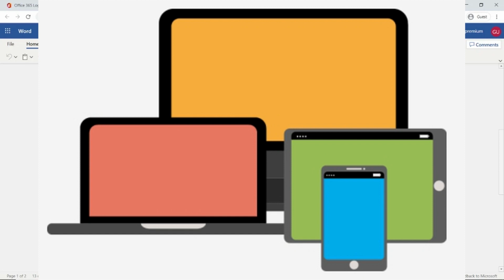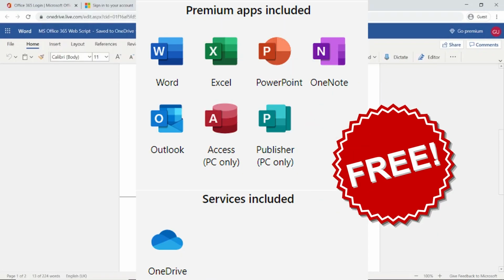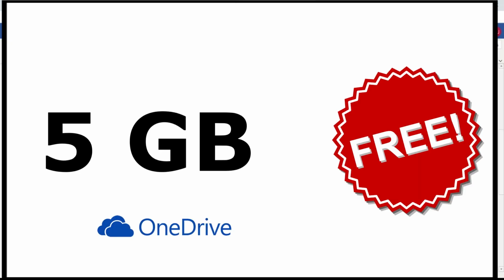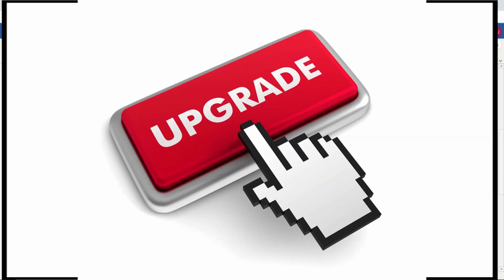You just need your email ID and password to log in to the Office account, start using it, and make changes, do whatever you want with the files. The third is all the apps are free to use. The only downside is that you get 5 GB of space, which is not less, with the free account, and you can always upgrade to get more.